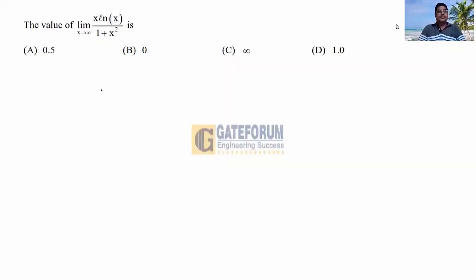The question is, the value of limit x tends to infinity, x log x by 1 plus x square is. This question is from engineering mathematics, from the topic calculus, subtopic limits, 4 options A, B, C, D given in 2021. The solution is